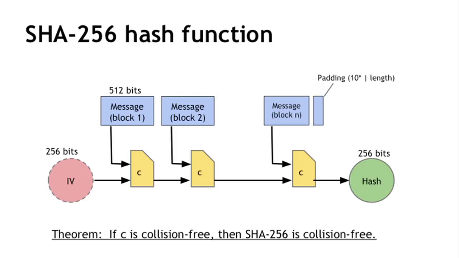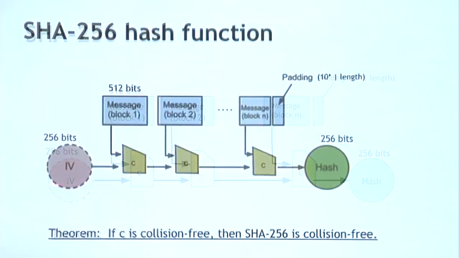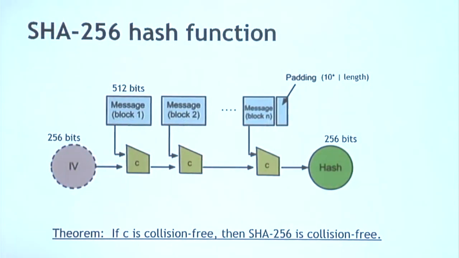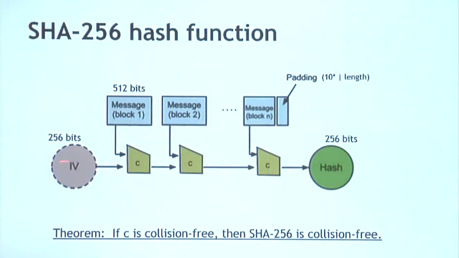So once you've padded the message so that its length is exactly a multiple of the 512-bit block size, you then chop it up into blocks, and you execute this computation. You start with a 256-bit value called the IV. That's just a number that you look up in a standards document. Then you take the IV and the first block of the message. You take those 768 total bits, and you run them through this special function C, the compression function, and out come 256 bits. You now take that with the next 512 bits of the message, run it through C again,